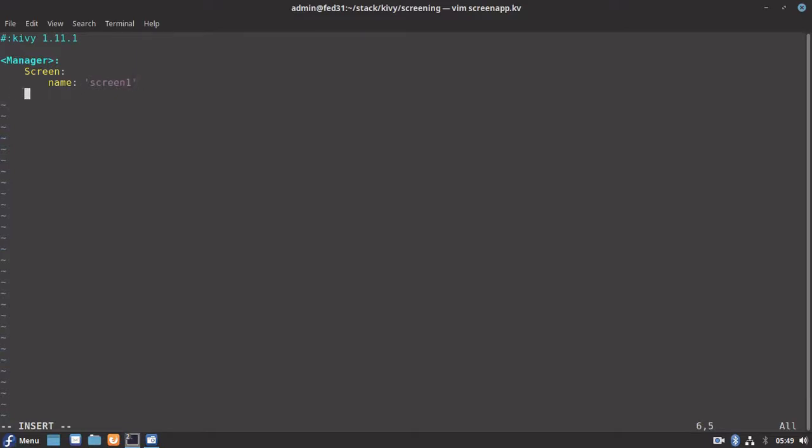Similarly, I'll create one more screen and name it as screen 2. With this, we have created child widgets called screens, screen 1 and screen 2, and we have attached them to our root widget, that is screen manager.